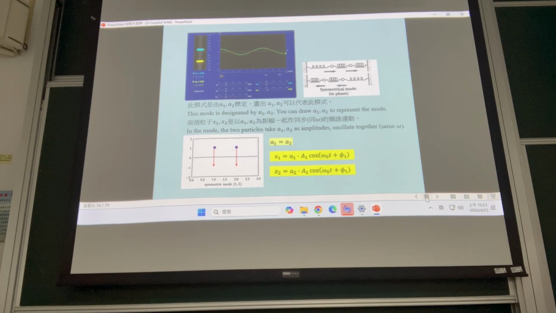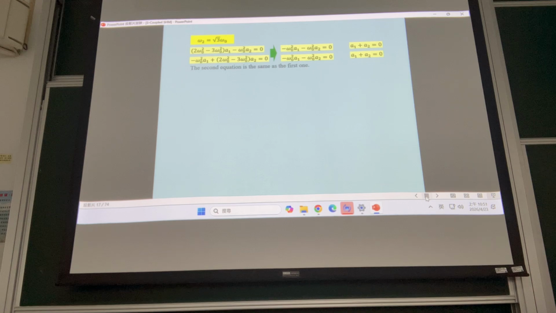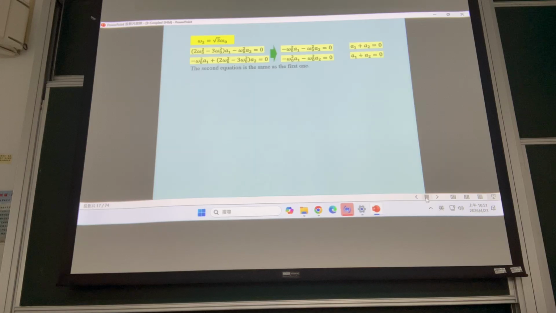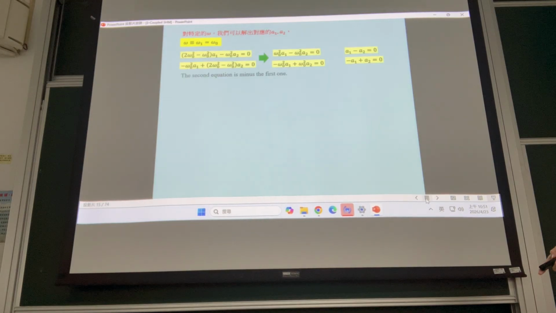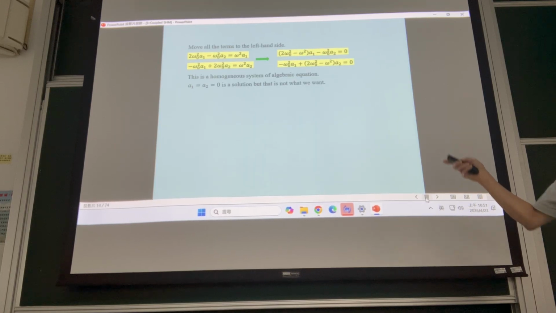So x1 and x2. But it's not always the story, because there is a second solution. In the second solution, omega 2 is equal to the square root of 3 times omega 0. Of course, you can see that in this case, the middle spring must have its effects. Otherwise, the angular frequency would be equal to omega 0. So let's put this second solution into our equation. The equation is here. Put square root of 3 omega 0 into this omega. Then you get